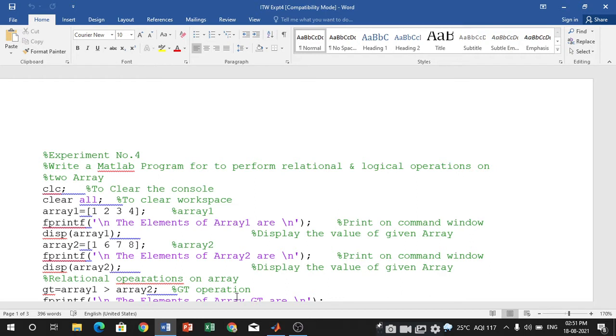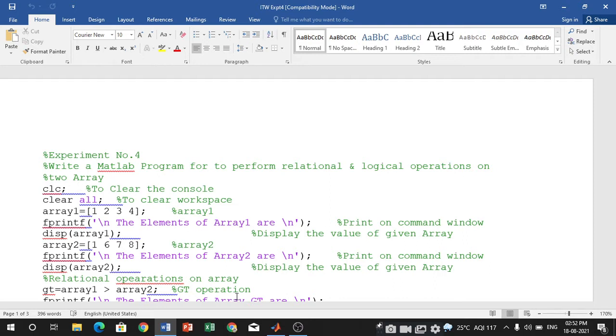These operations are useful for comparing two strings, two elements, two digits, or two arrays. On that comparison, the output of a relational operator might be 1 or 0.